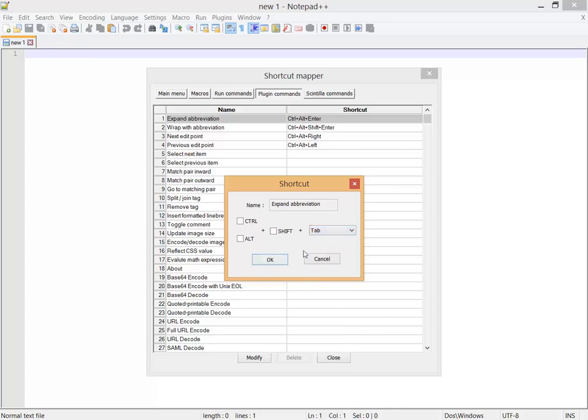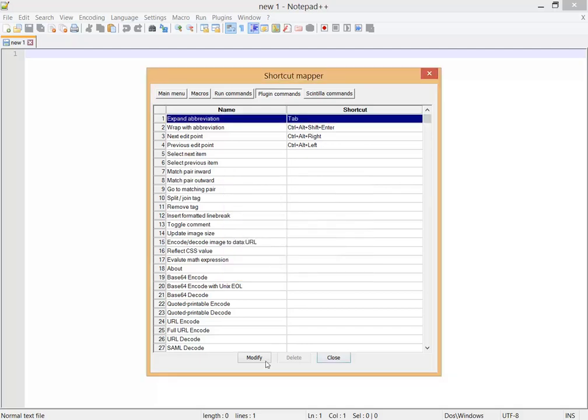Interestingly, mostly people choose the tab. Just why? Because no one uses tab for any other option, just for adding a tab. Just click on OK, and now it's the tab actually. Close that. Now, if I just press the